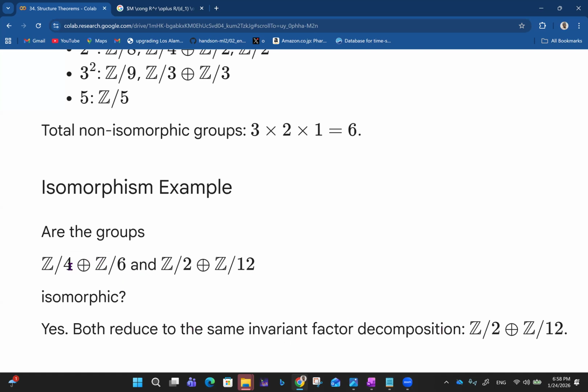So they both reduce to the same thing. So if you move to this, they both reduce to Z12 ⊕ Z2 ⊕ Z6, right? They both reduce to that idea, like that. So it's more like shifting, taking 2 out of here, multiplying it by this 6 here, and you have 12,